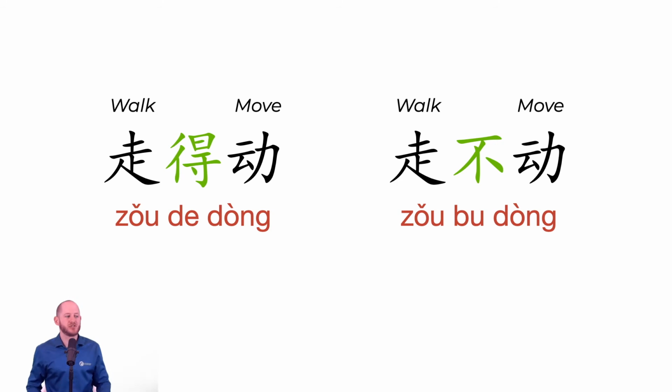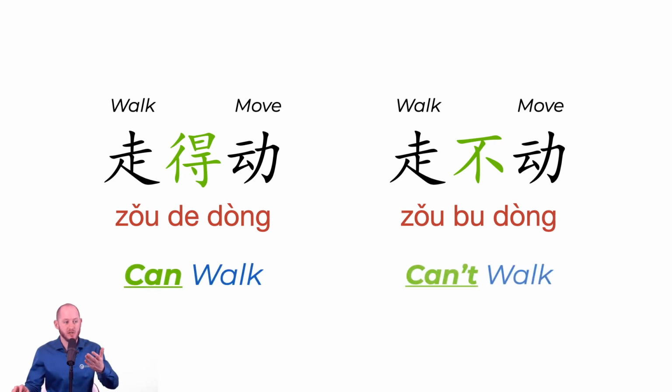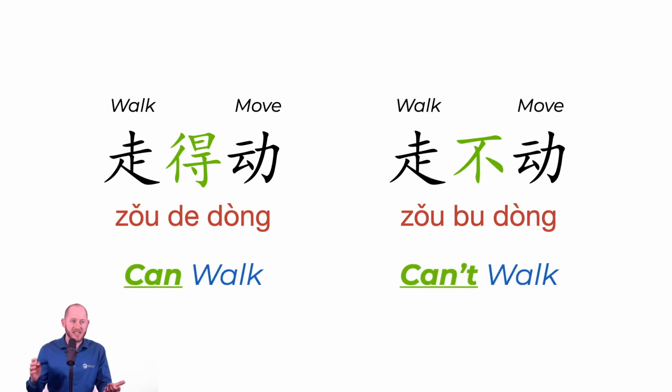How about this one? 走 means to walk or leave, but in this case we'll go with walk. And 动 means move. So 走动 means to walk with the result of movement, and at least the attempt to walk. So 走得动 means that you can walk, right? And then 走不动 means you can't walk. So imagine you're walking up a mountain and you get really, really tired and you've just run out of energy and you 走不动了. You can't walk anymore. So that's how that makes sense for 得 and 不.